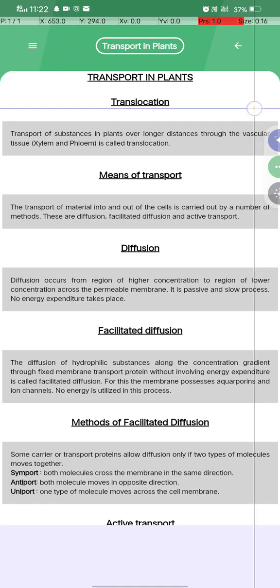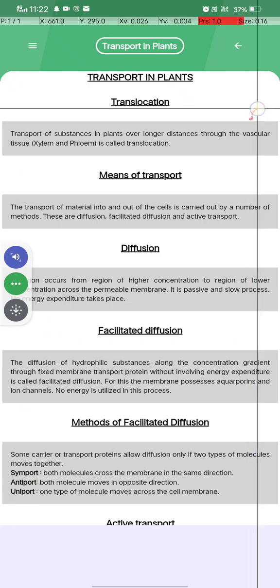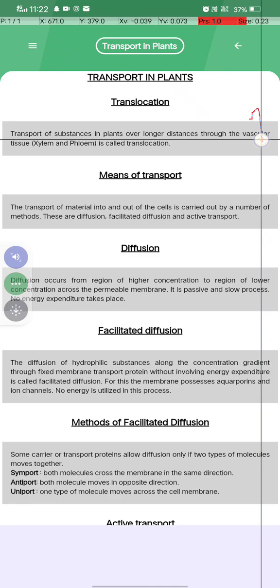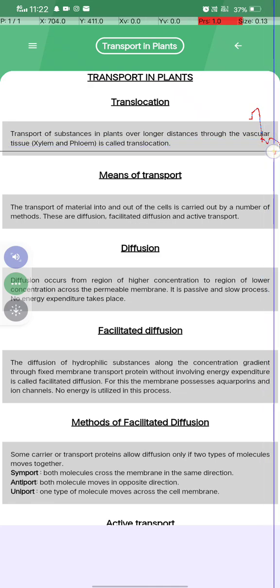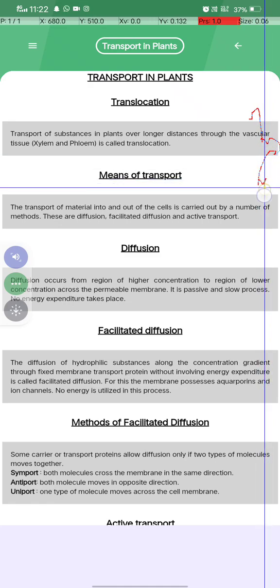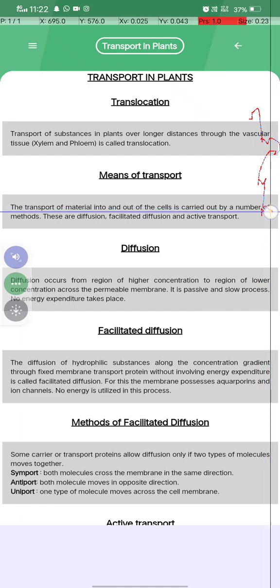पहला है हमारा, देखो यहाँ पे दे रखा है। ट्रांसलोकेशन क्या होता है? The transport of substance in the plant over a longer distance through the vascular tissue xylem and phloem is called translocation. Means of transport of material into and out of the cell is carried out